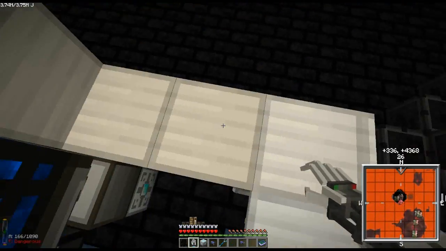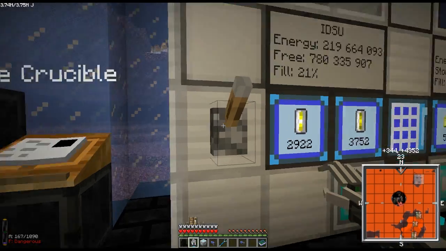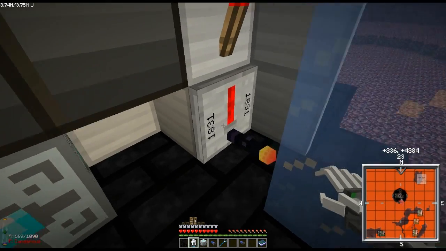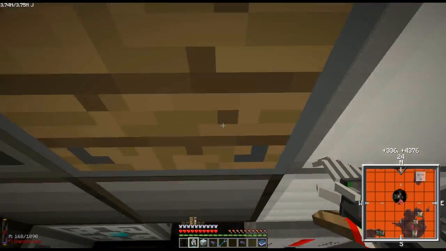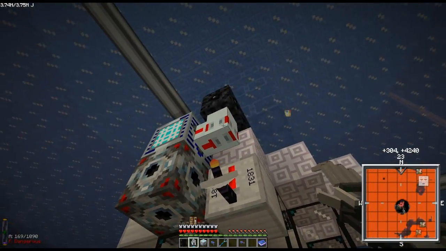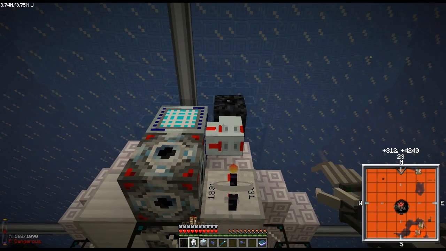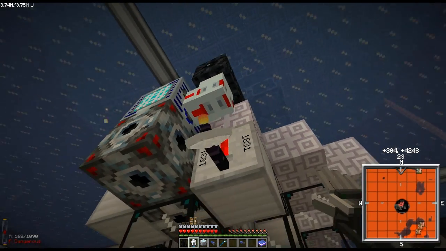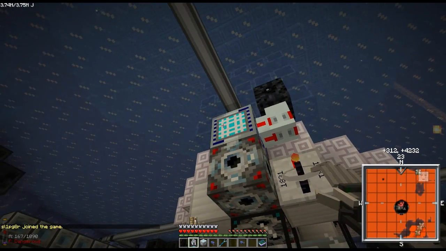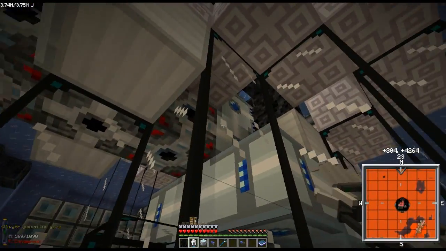Now, I've got a lever here. I wish there was a more space-aged version of levers in this game. But there isn't. That lever is connected to a redstone torch, which is powering this wireless transmitter. That wireless transmitter is transmitting that redstone signal to this wireless receiver here, which is breaking this splitter. This is like a cable that's designed to cut power when it has redstone signal applied to it. So the IDSU is not emitting power into the